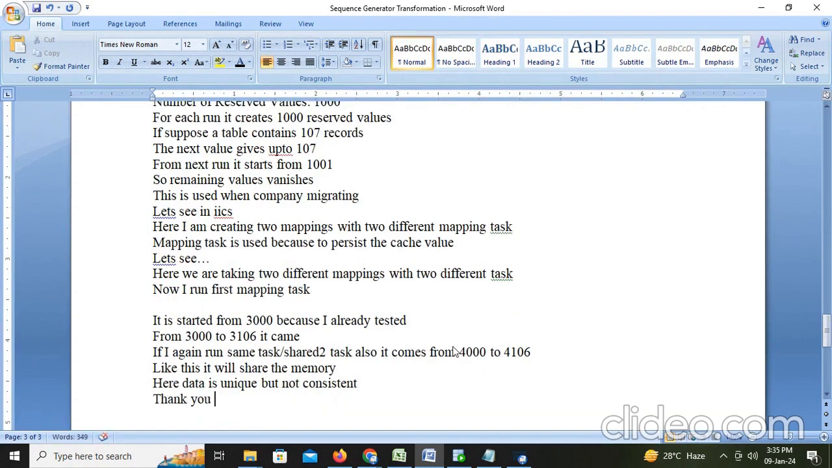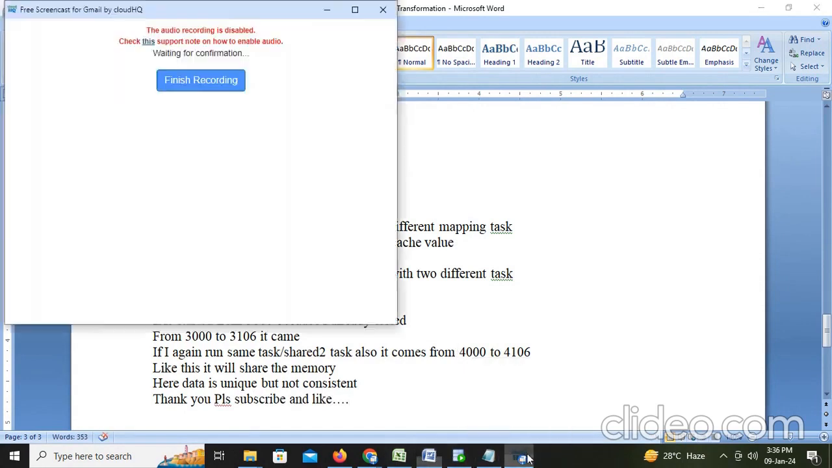Now we see the shared sequence mapping. In the shared sequence transformation, we have the reserved value as 1000. So for each run, it creates 1000